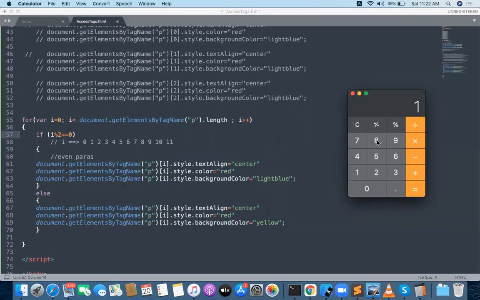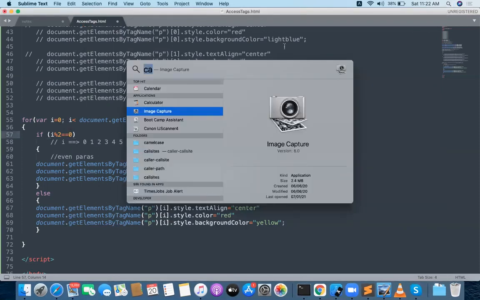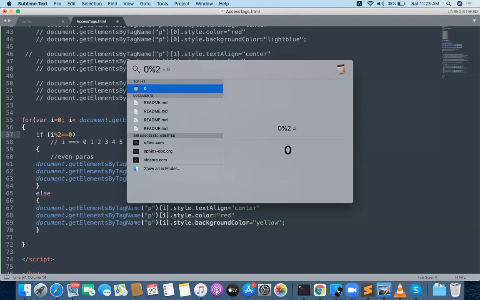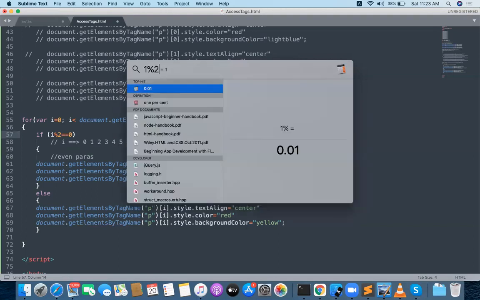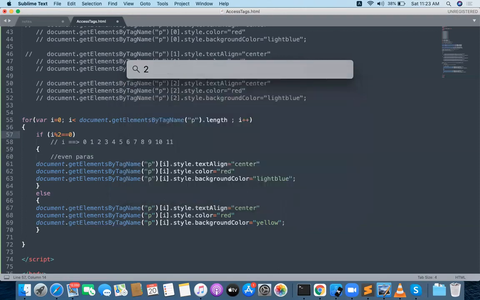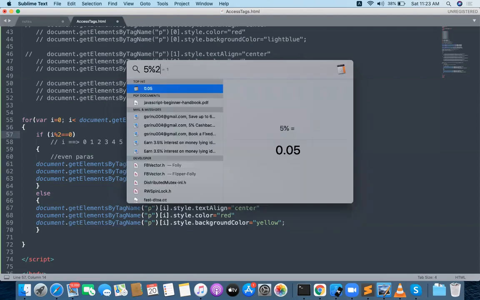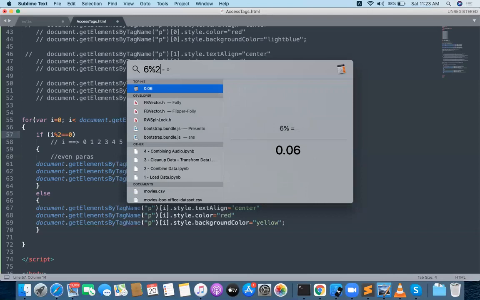First time the i value is 0. 0 % 2 is 0. 1 % 2 is 1. 2 % 2 is 0. 3 % 2 is 1. 4 % 2 is 0. 5 % 2 is 1. 6 % 2 is 0. 7 % 2 is 1.